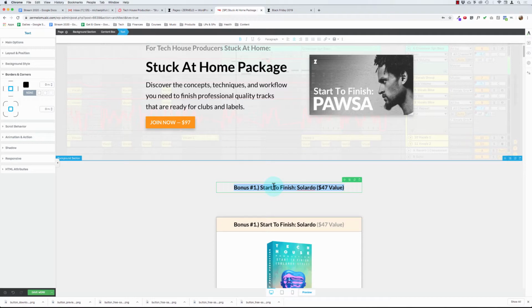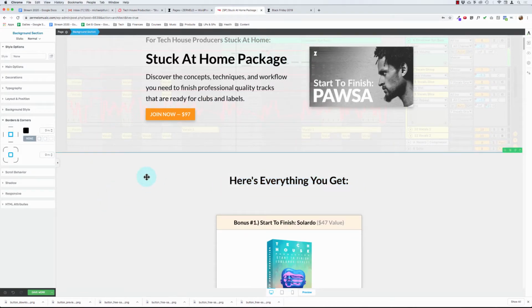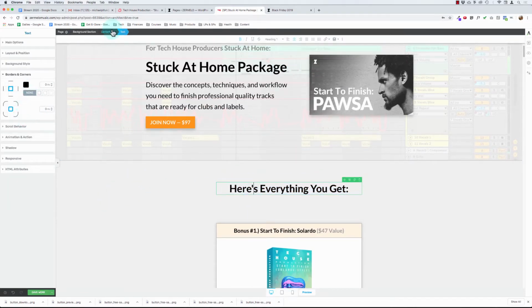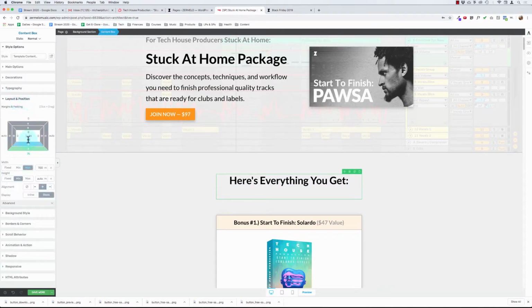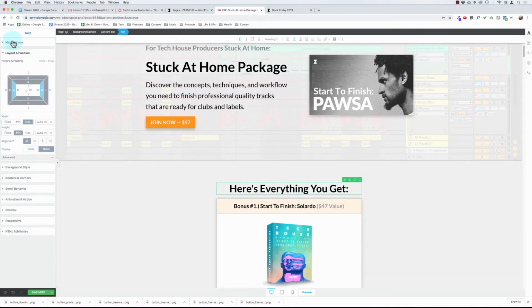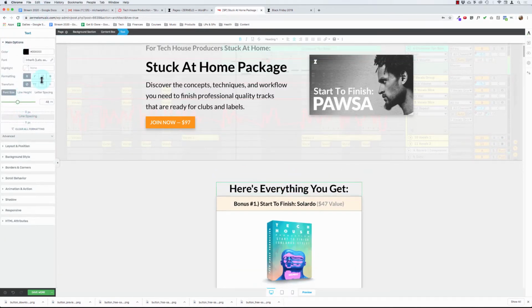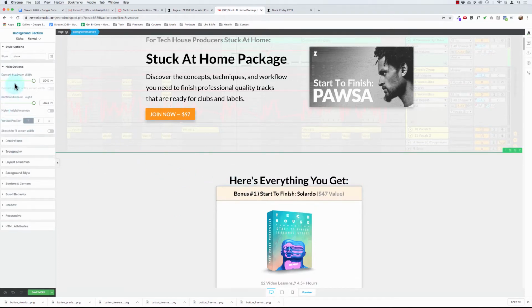So here's everything you get. Okay, something like that. Maybe we'll do just H1 here. And let's look at the borders. So let's look at the layout and position here. Okay, here's everything you get. Okay, I'm just going to remove that, and then we will look at the background section